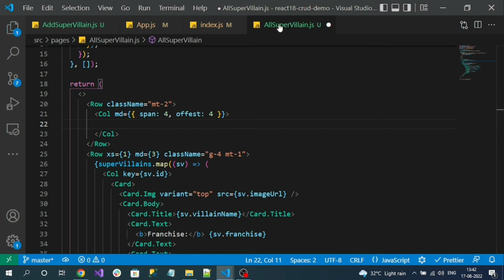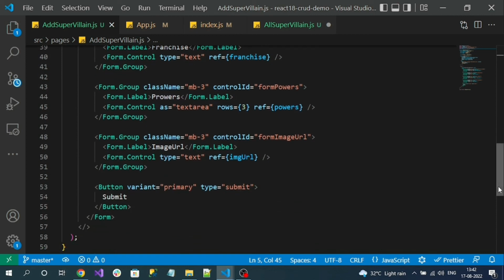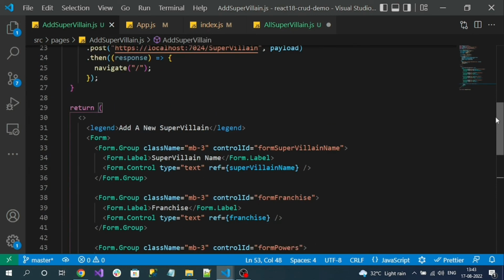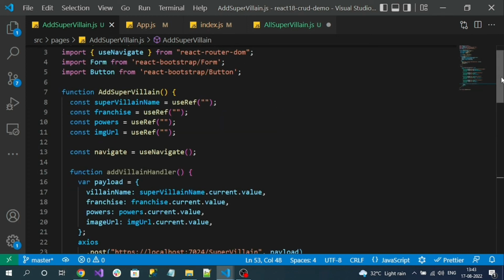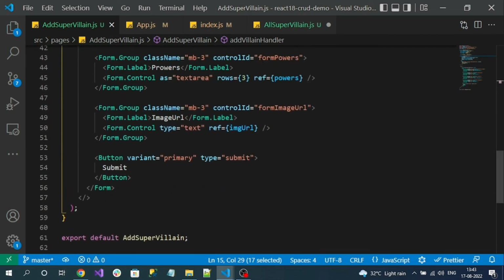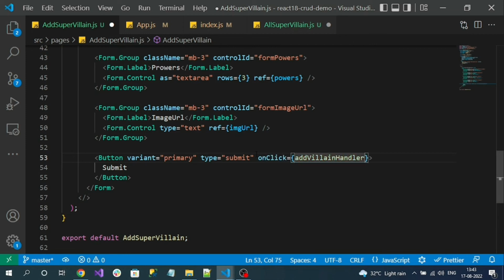Okay, and now here I can add the button. So let me copy the button from here. Similarly, one more thing I forgot, I haven't registered my add villain handler to the click event of the button. So first do that in the add component, I missed it. So onClick, okay, pass the name of the function, that's it. Okay, now copy the button